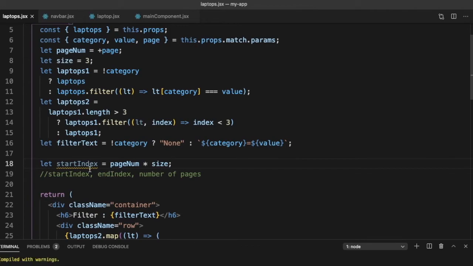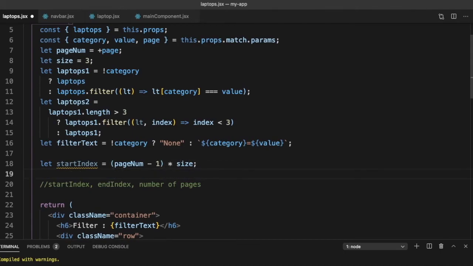So if the page number we got was 1, this should be page number minus 1 into size, because the page numbers we are showing from 1, so this should be 0. So if page number was 2, we will show from item number 3. So 0, 1, 2 would go on the first page and from the third in the second page.